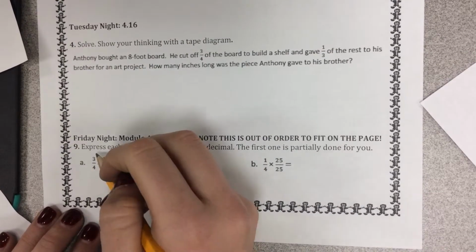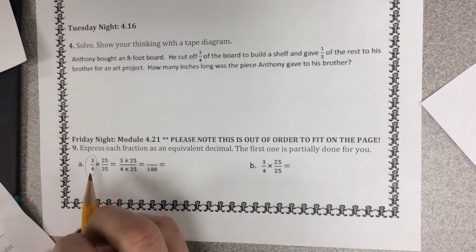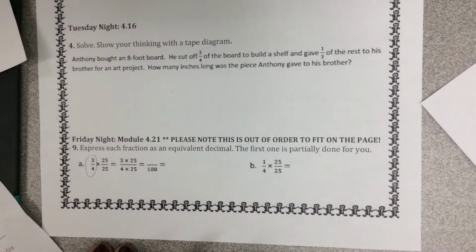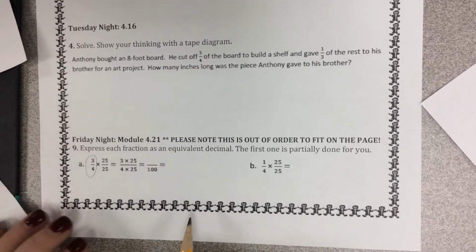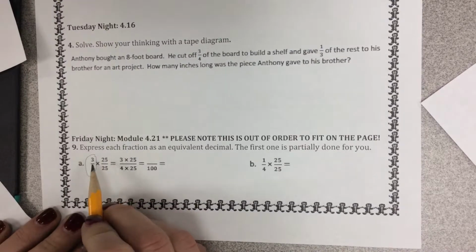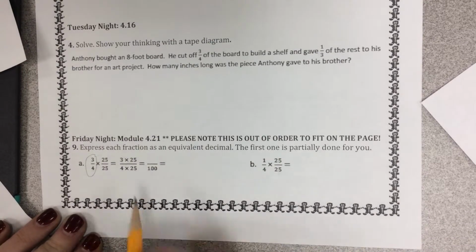So we are trying to write 3/4 as a decimal. But I don't know how to write fourths as a decimal because that's not a place value. There's not a fourths place. So I have to turn it into a place value so we can turn it into a decimal. They're going to multiply it times 1 because it needs to be equal. Remember, the fraction and the decimal need to be equal.